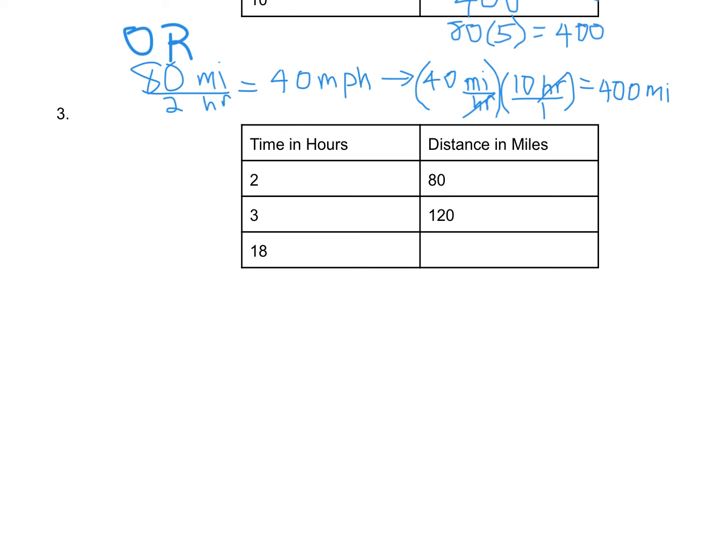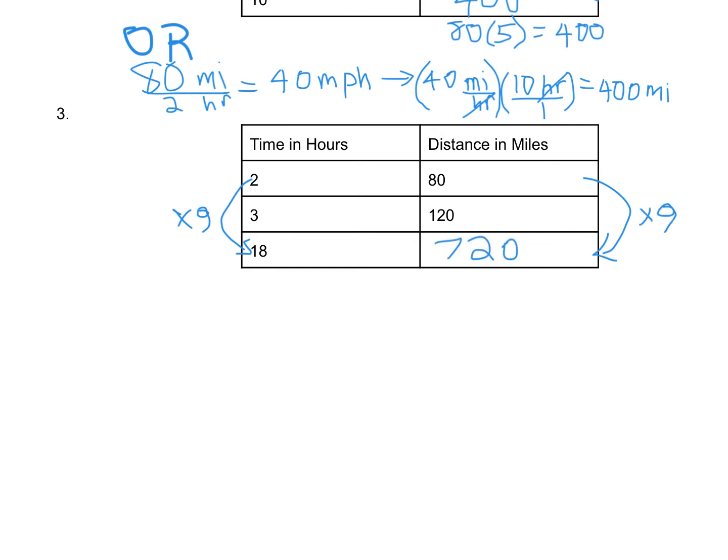There are again multiple ways to solve this. Any which way is fine as long as you can get the answer. We're working on chunking, so let's try to use the 2 or the 3 to get to 18. I can go from 2 hours to 18 hours by multiplying that by 9. 2 times 9 is 18, therefore 80 times 9 would give me my answer at 18 hours, which is 720